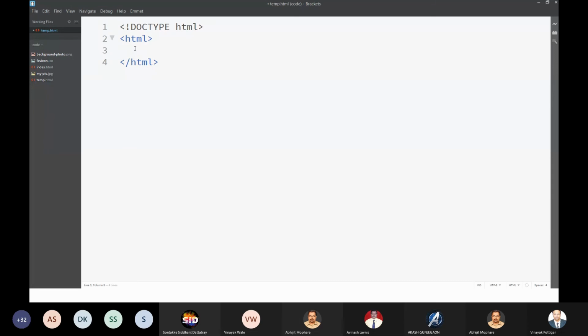Whatever appears between this HTML opening and closing tag is called the body of the HTML, or the child elements of the HTML. So here HTML becomes the parent element, and the elements which we type within this HTML tag are called child elements. So we can say that the HTML tag or HTML element is the parent of each and every element in the HTML document.